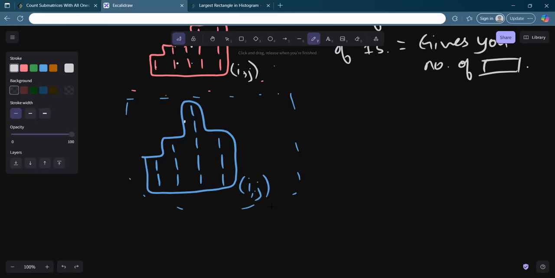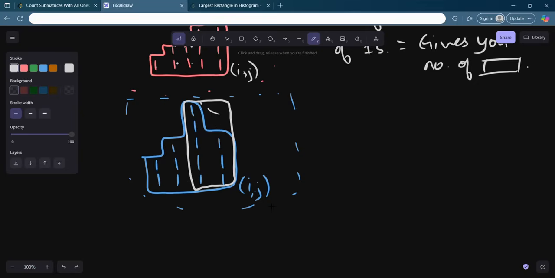But can you tell that this is a rectangle ending at I comma j? If you want to include this one, you cannot. Okay, because this is 0 here, it's not 1. I mean, it's not a contiguous sequence of 1, or otherwise I have drawn a 1 here also. Okay, and now if you try to see this rectangle, this is also not a part,